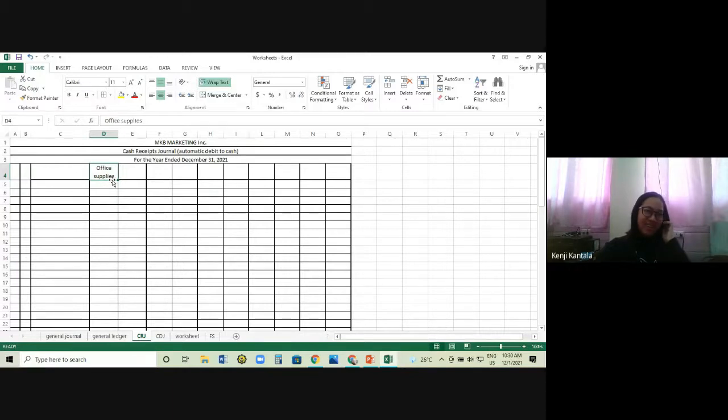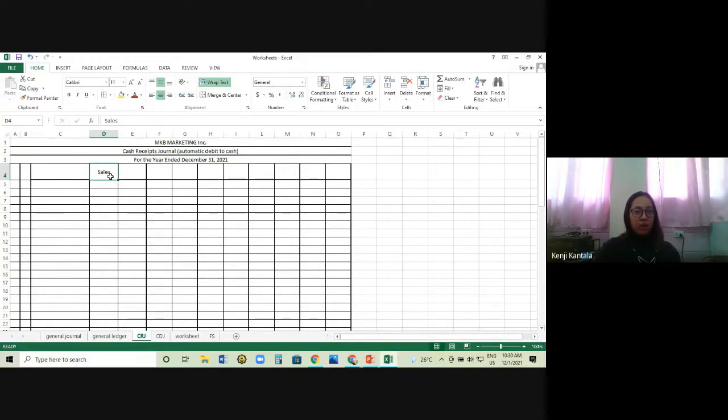Sorry. Balikan natin si Cash Receipts Journal. Si Cash Receipts Journal, nakatanggap tayo ng pera. So, this usually involves yung sales natin. So, that is a debit to cash and then a credit to sales. Okay. So, sales ang isang transaction natin dito. Nakabenta tayo. So, nakatanggap tayo ng pera and then magre-record tayo ng sales natin.